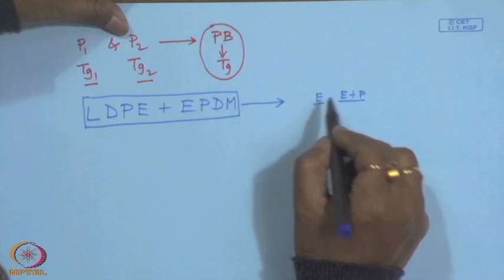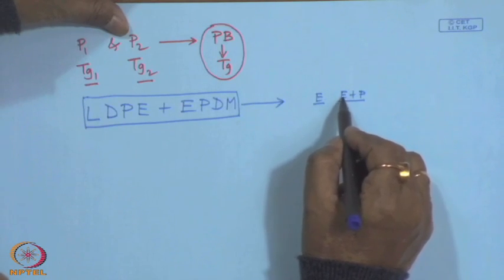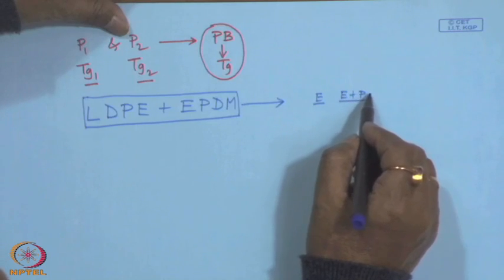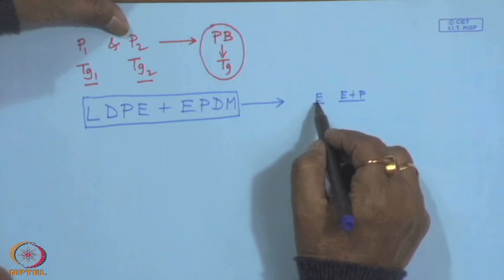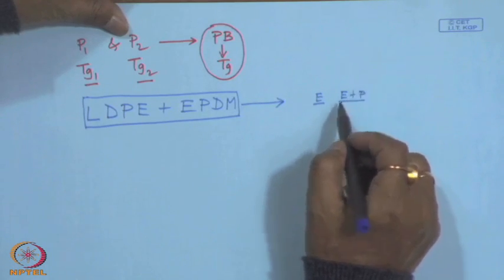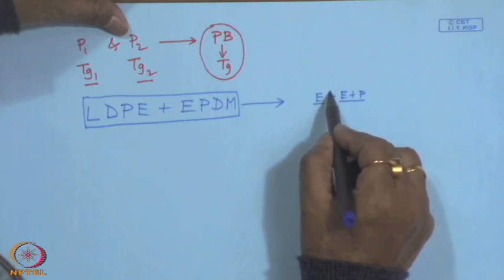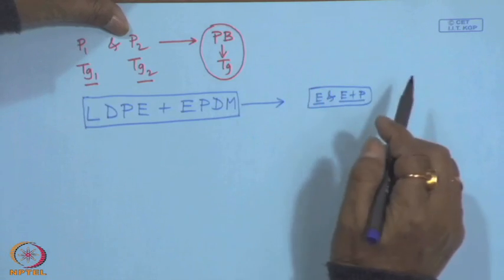So, it is supposed to form good interaction: the polyethylene will have good interaction with the ethylene units of the ethylene propylene copolymer, and since the propylene unit is also a hydrocarbon, the ethylene units of the LDPE will also have good interaction with the propylene. So, this kind of blend of polyethylene and ethylene propylene copolymer gives a good synergistic effect,